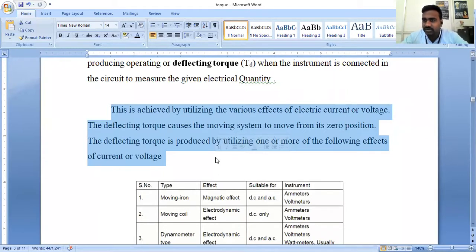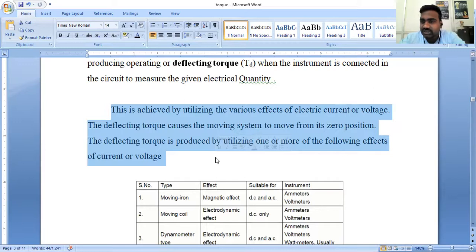What happens with respect to the ammeter? The ammeter is connected in series to the line. Current is carried by the conductor, and the conductor is placed in the presence of a magnetic field, and it will start rotating, and the needle itself starts moving from the 0th instant to read 10 amperes. In order to read 10 amperes, we need a torque to move the needle from the 0th instant to 10 amperes. That means the initial torque required to move the needle from the initial condition to a particular range of current